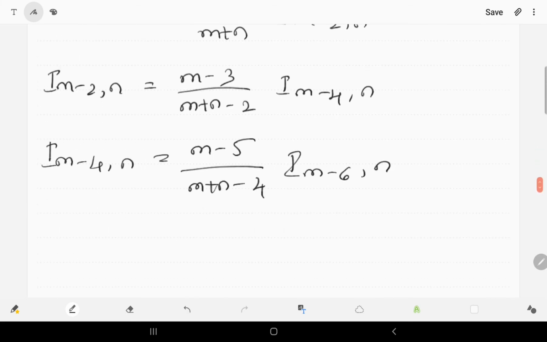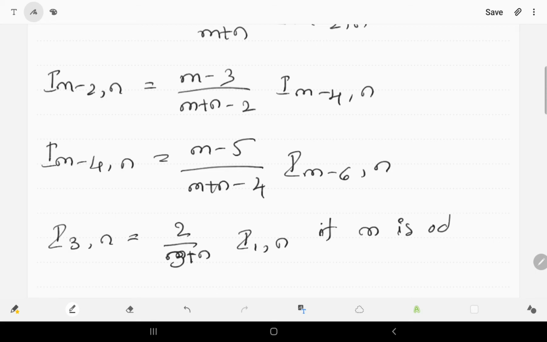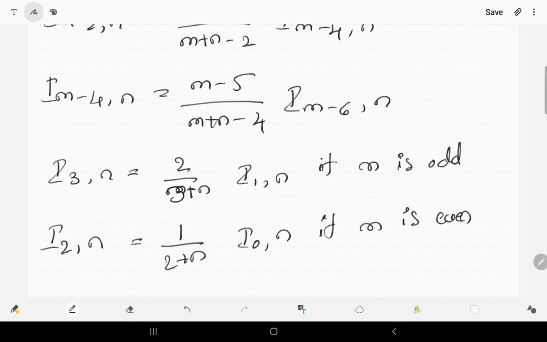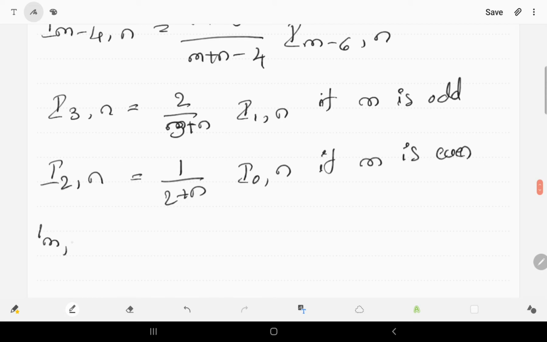and so on. So, the last term becomes I of 3 comma n, that is equal to 2 divided by 3 plus n, I of 1 comma n if m is odd, and I of 2 comma n is equal to 1 divided by 2 plus n, I of 0 comma n if m is even. Hence, I of m comma n is equal to m minus 1 divided by m plus n,